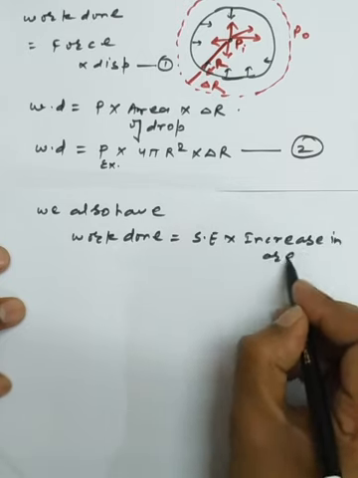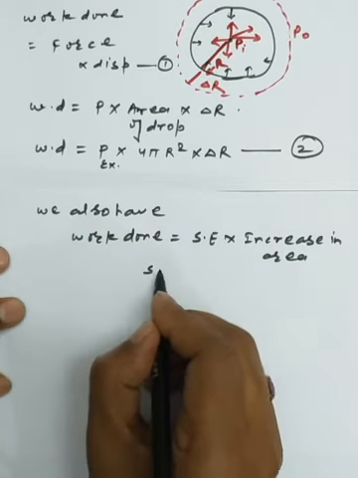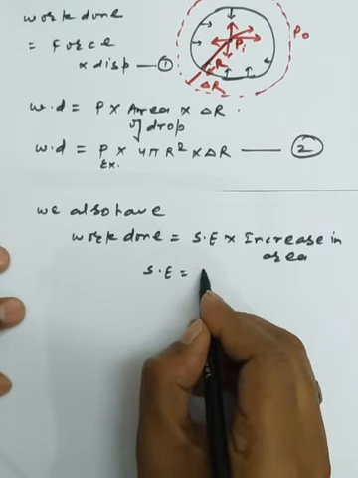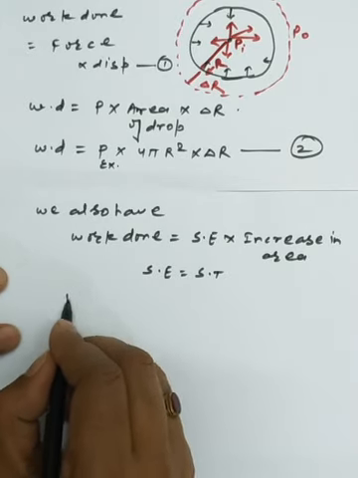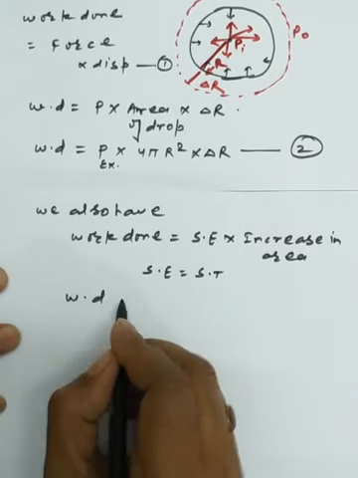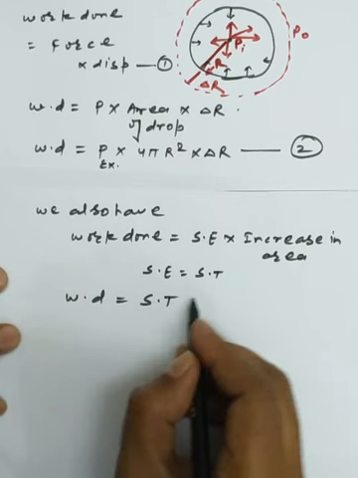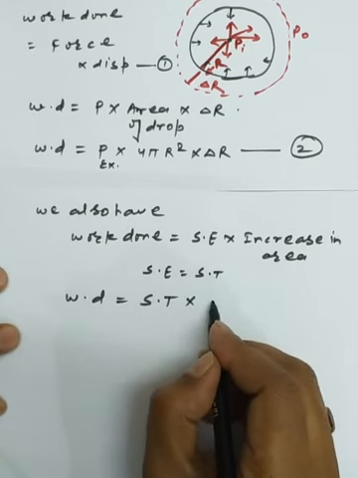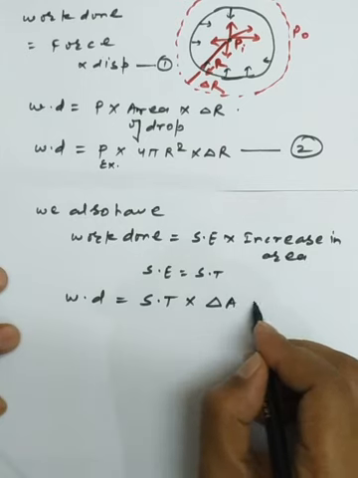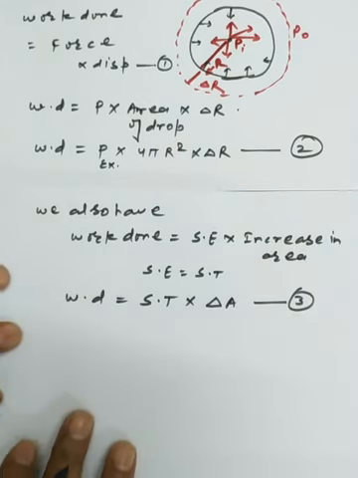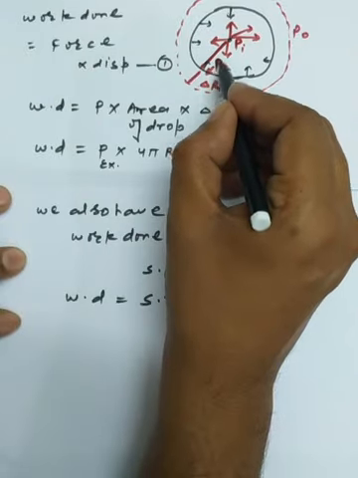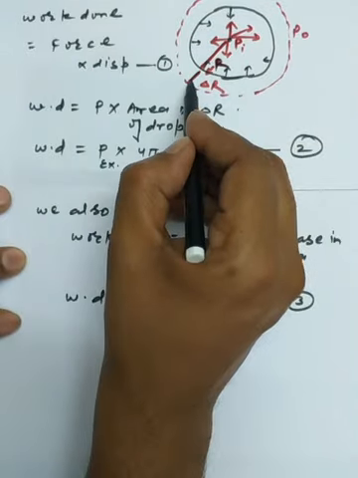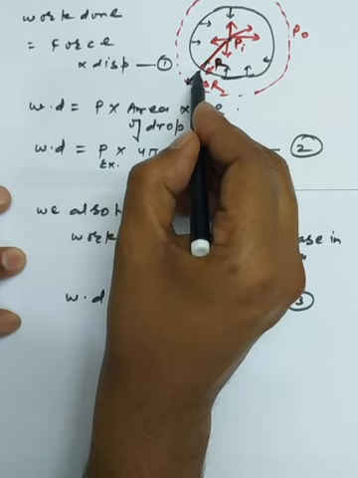Increase in area, and we are just imagining the surface energy that is equal to the surface tension. So here I can make the modification in the formula: the work done is the surface tension into the increase in area, delta A. So this is equation number 3 we have. How much does the area of the drop increase from radius r to r plus delta r, if the change occurs due to the excess pressure we have?